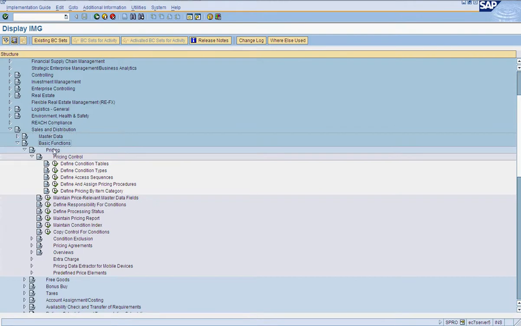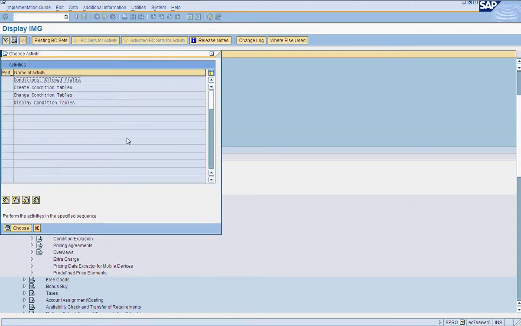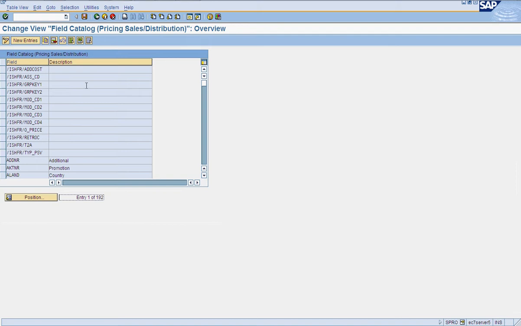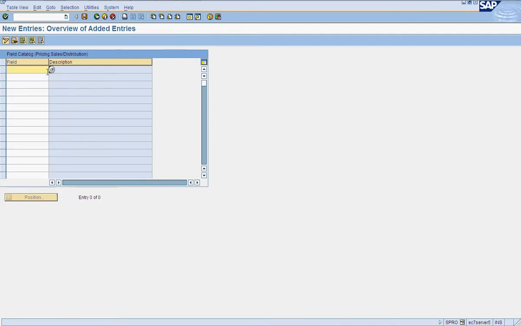Pricing is defined under Sales and Distribution, Basic Functions, Pricing Control. Click on Define Condition Table. Check whether all the fields we are talking about exist in the system or not. To do that, check the field catalog, and if you do not find a field, you need to ask the ABAPer to create that field in the structures or internal tables.